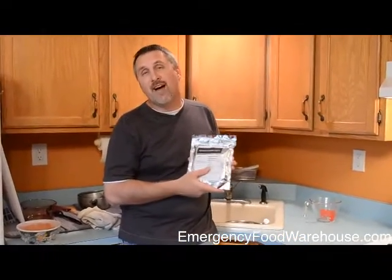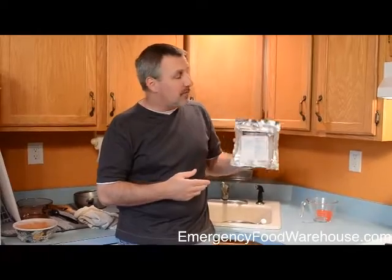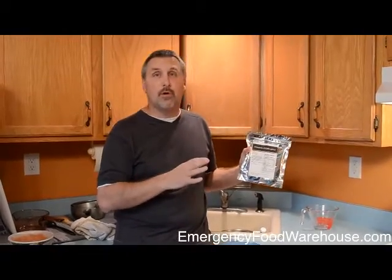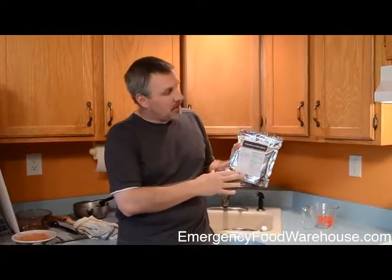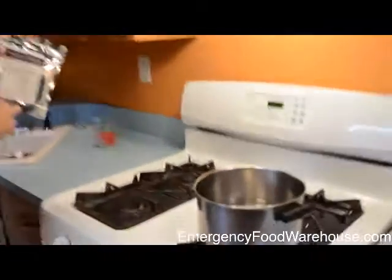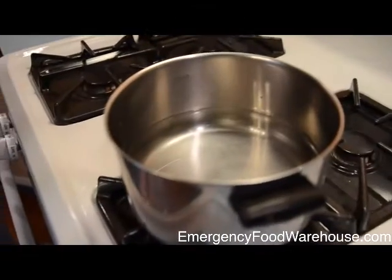We're doing more of the Survival Cave Food freeze-dried foods. What we've got here is polenta, and for those of you who don't know what it is, it's actually corn grits. Now this takes a while. We've already pre-measured out 6 cups of water here in the pan, and what we're supposed to be doing here is